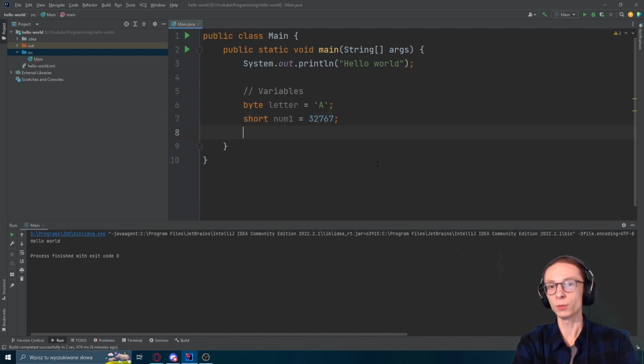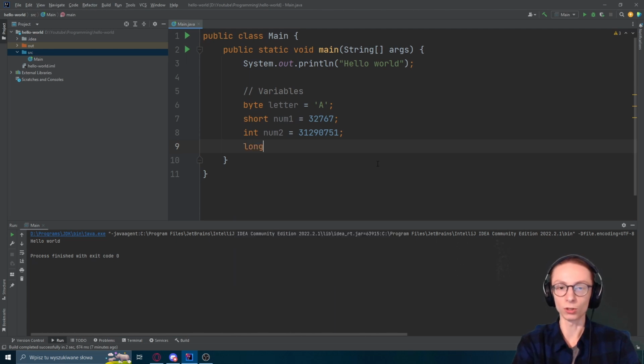Then we have the most popular variable, which contains a number which is an integer, and this one is a 4-byte number. So that means it can hold a lot more numbers than your simple short. As you can see, that's quite a larger number than the previous one, and it still doesn't show you an error. You can also declare a variable which can hold 8 bytes of numbers, which is called long, which can